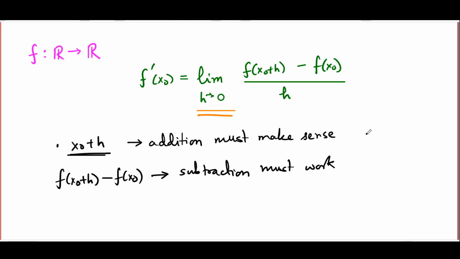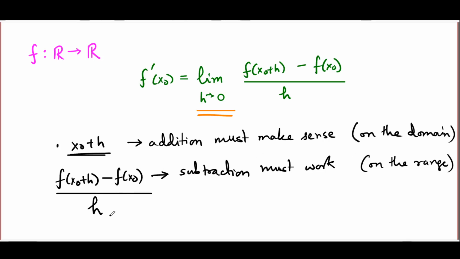And if we are talking of general functions, the addition must make sense on the domain and subtraction actually works on the results of the functions, so on the range. Then we need to be able to divide this by h. Division must work. You should be able to divide an element of the range, the numerator here, by an element of the domain. Of course, here both the domain and the range are real number set,